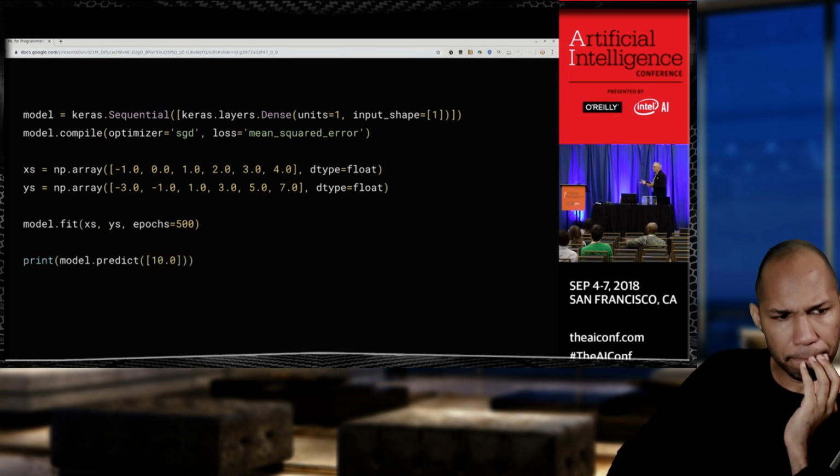So if I pass it model.predict for the value 10, what do you think it would give me? If you remember the numbers from earlier, y is 2x minus 1, what do you think it would give? 19, right? It doesn't. Because it'll give me something really close to 19. It gives me about 18.97, and I'm going to try to run the code in a moment to show. But why do you think it would do that?